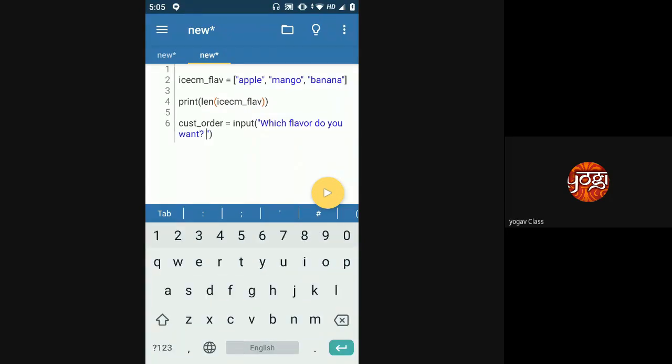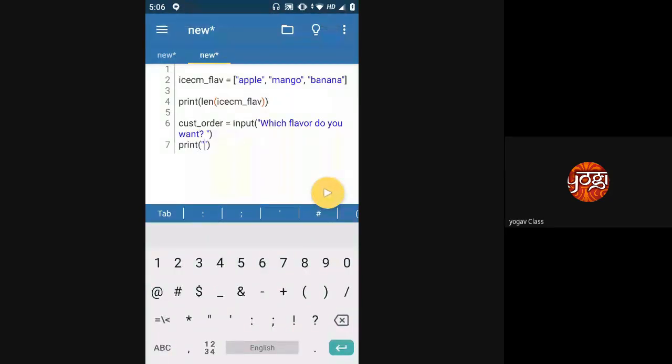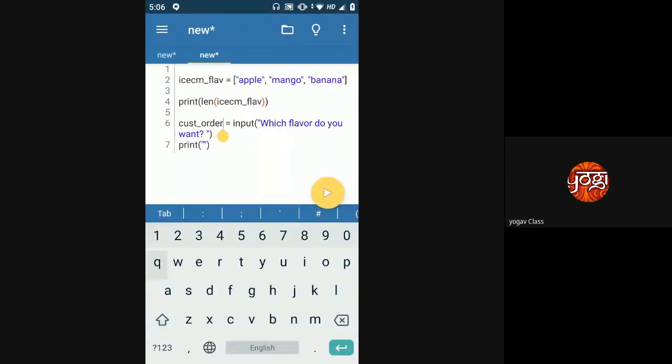Okay. Now if I want to tell the customer if a certain flavor exists in the ice cream parlor or not, what should I do? Any guesses? I want to check if this cust order has the flavor that the customer wants.